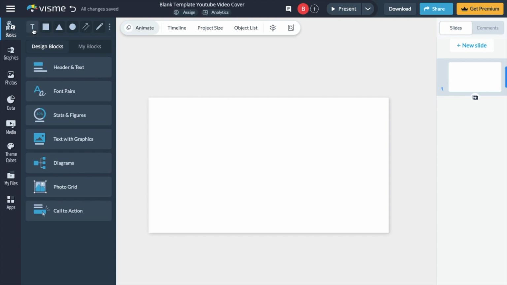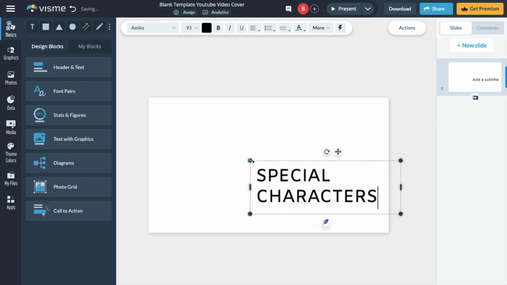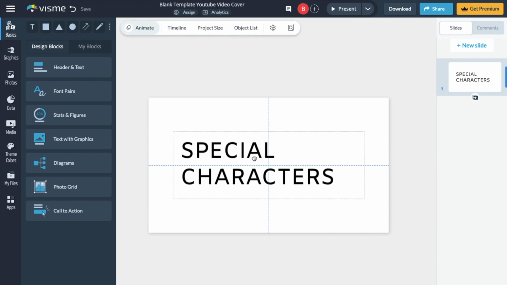So go to the top left, press on the text icon right here, and how about we just type in special characters just for demonstration purposes, obviously. So we're going to go ahead here and use this as an example and how to add some special characters